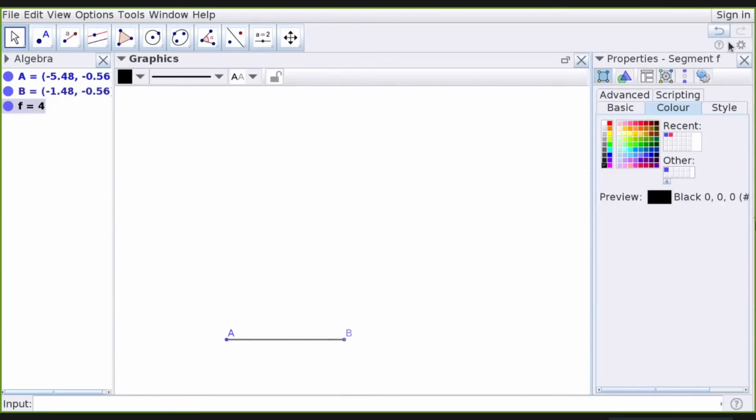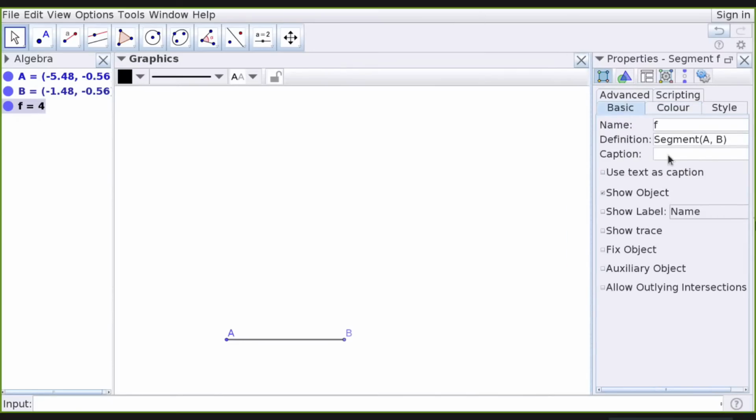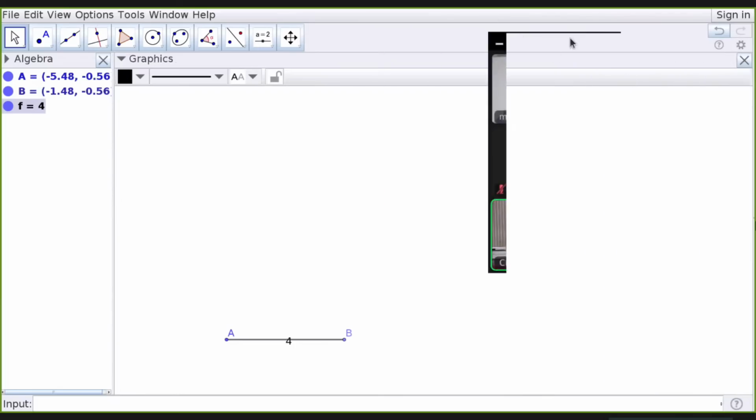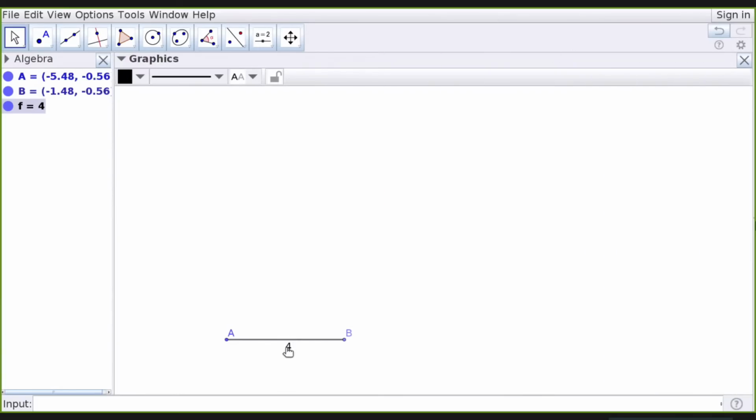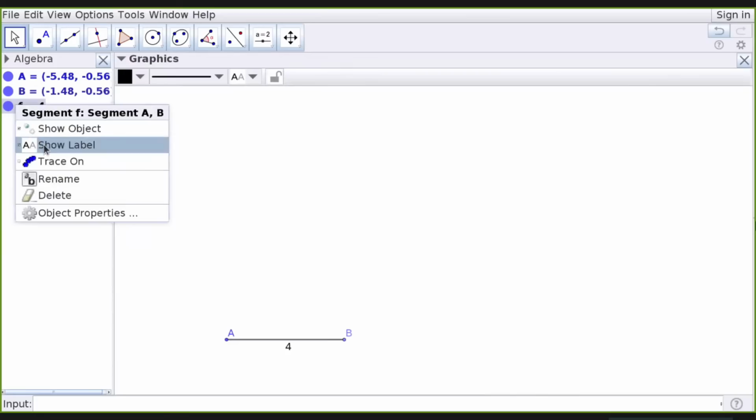In that, you go to basics. There, instead of show label, you choose value. Close this, and you can see its value is showing here. Anyway, I am hiding this label here.